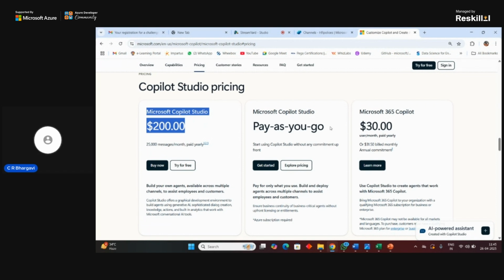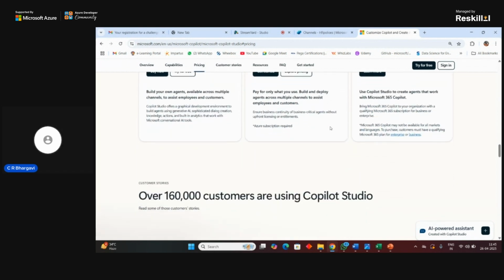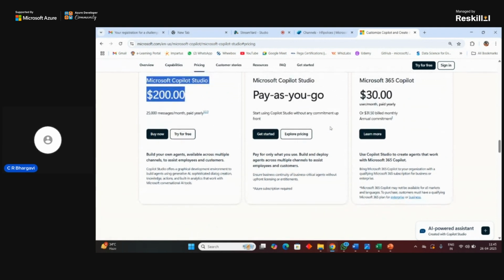It also allows you, as an option, to get connected with the help of the pay as you go method: when you have an Azure subscription, it allows you to use that Azure subscription and get connected over here. Or you can also use it with Microsoft 365.